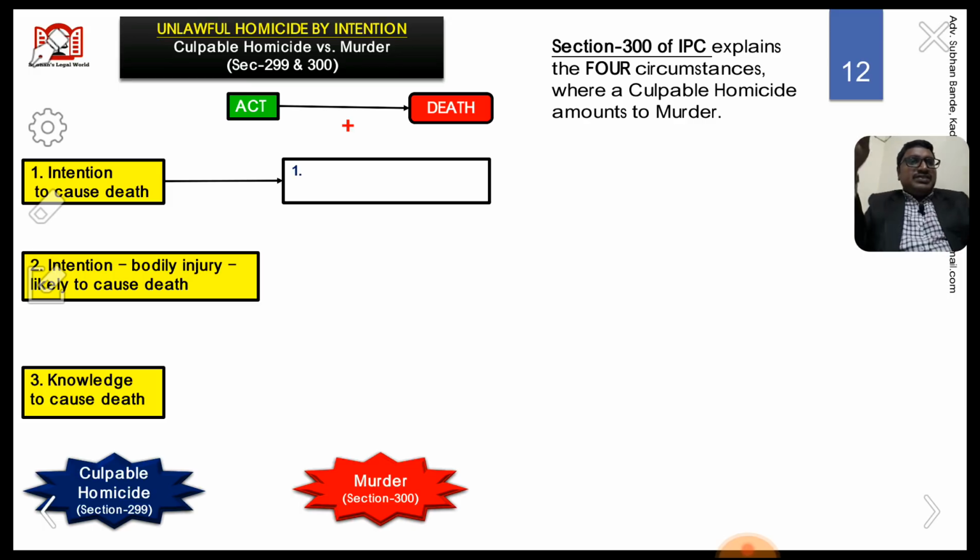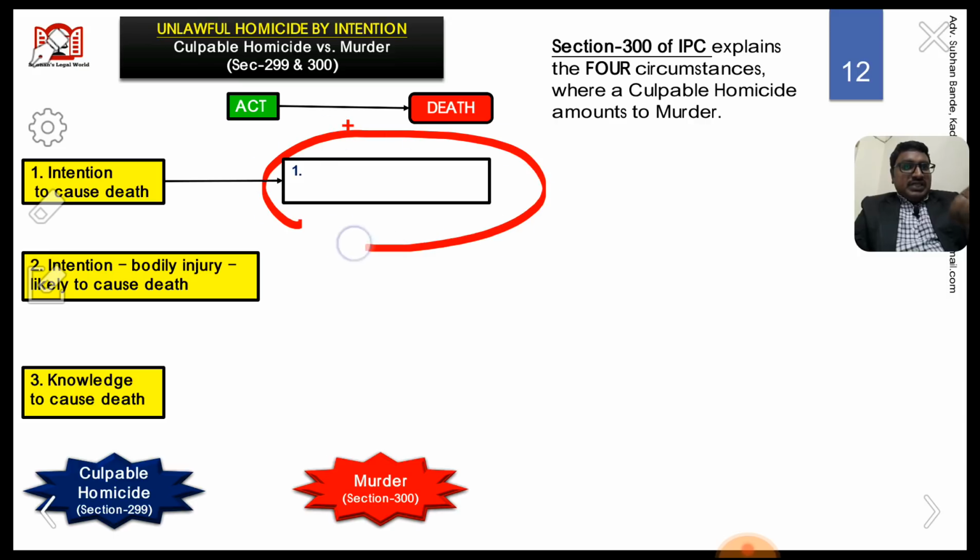There are 4 circumstances. Under these 4 circumstances, a culpable homicide amounts to murder. Let us see the first circumstance. The first circumstance is an empty one. I have kept an empty box here. The logic behind drawing this empty box is